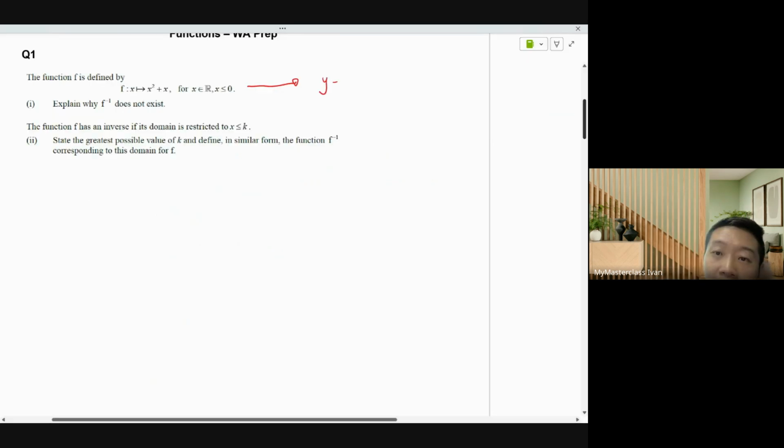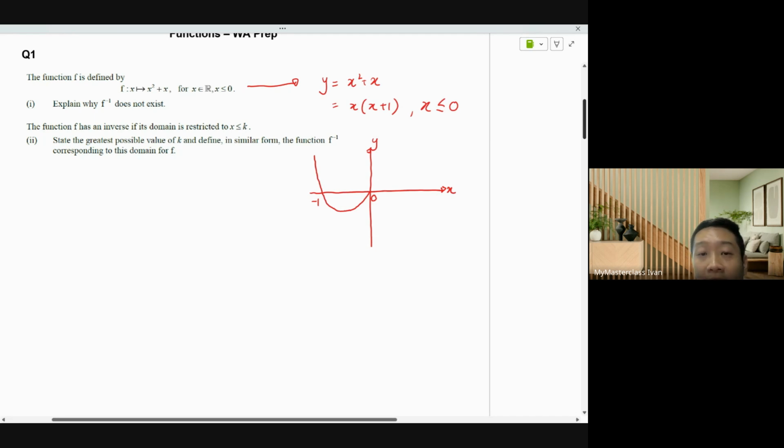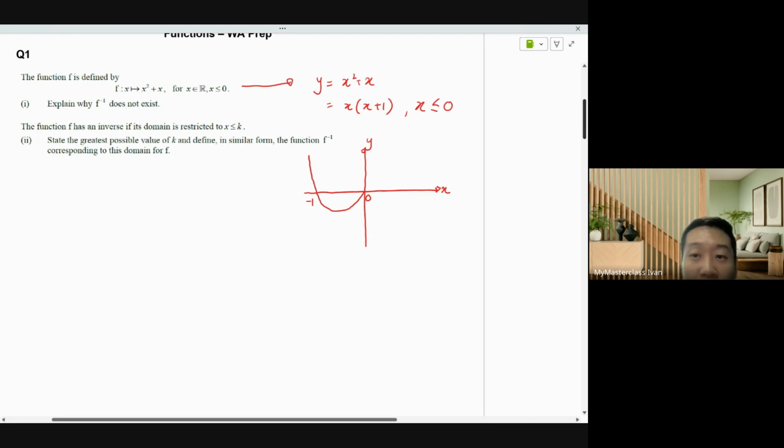This kind of graph, y equals x squared plus x. Is it easy to factorize? Yes, right. x times x plus 1. But be careful. The question says I only want x less than or equal to 0. Okay, so I know that the two roots are at 0 and -1. You can only draw like that. Don't draw anything extra on here. If not, you can use your piecewise function